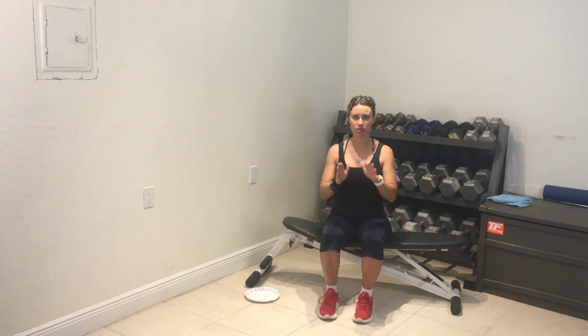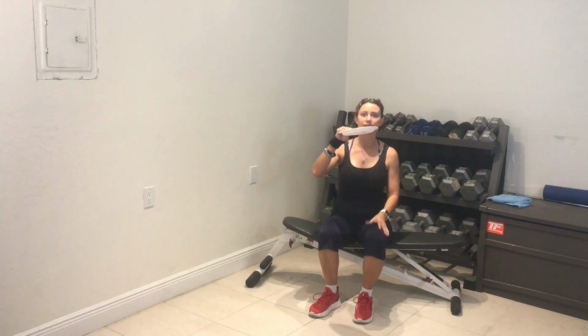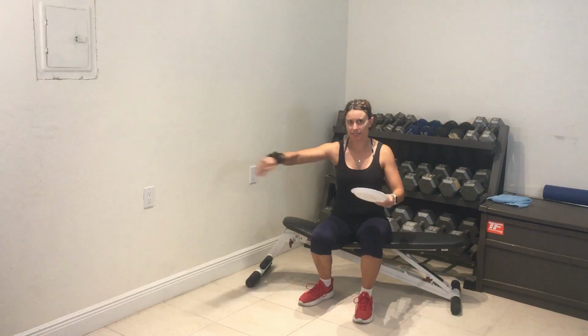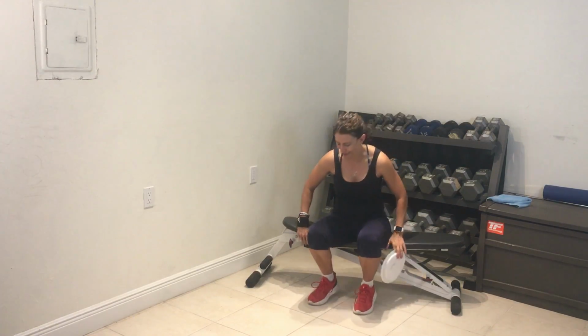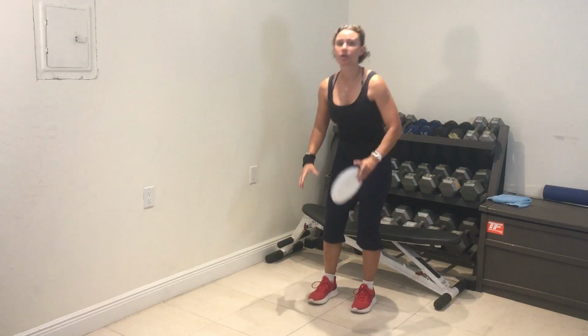a seated position. If you can't get down to the floor, you can use your bed or your couch if you're sitting up on your couch. If you are on a place that has material on it, you're gonna wanna grab a paper plate. It'll make your heels slide a lot more smoothly and you won't get stuck in the sheets pulling that heel up. So I'm gonna go ahead and do it on the floor, but like I said, you work where you're